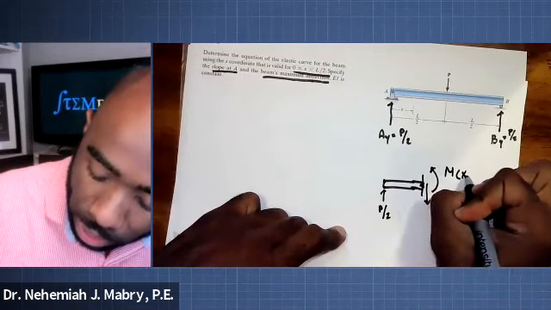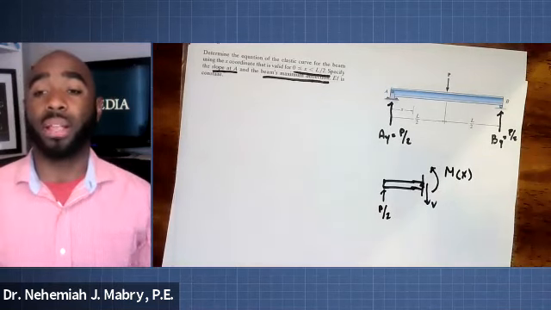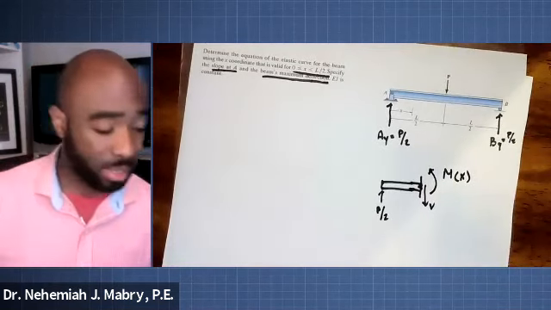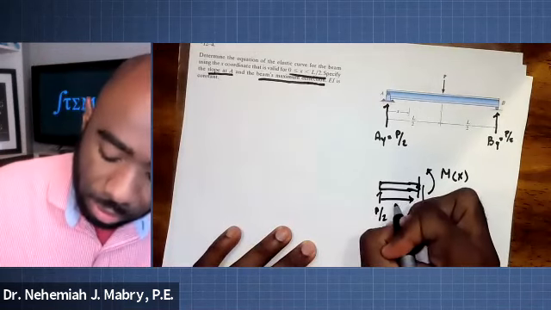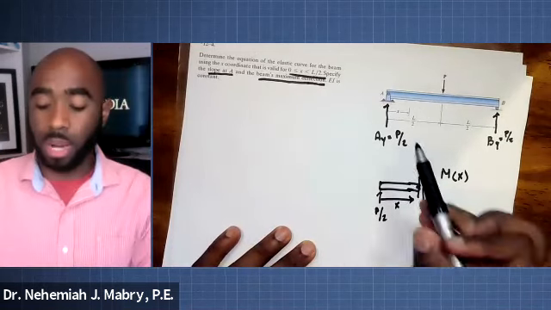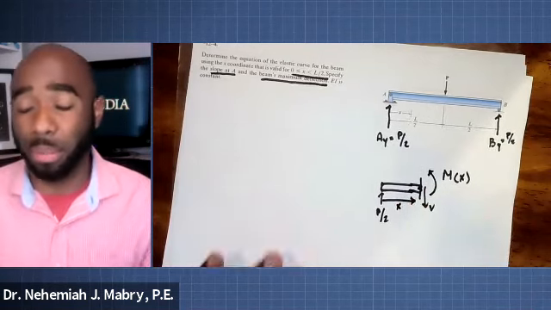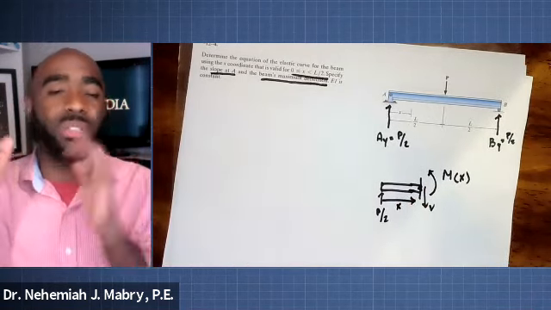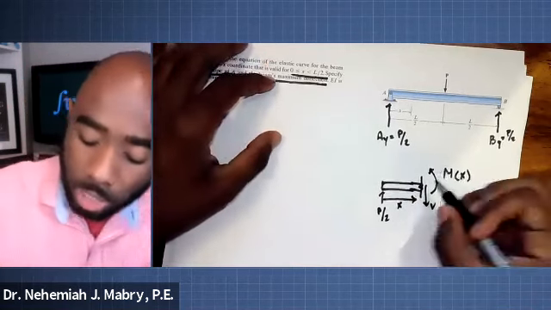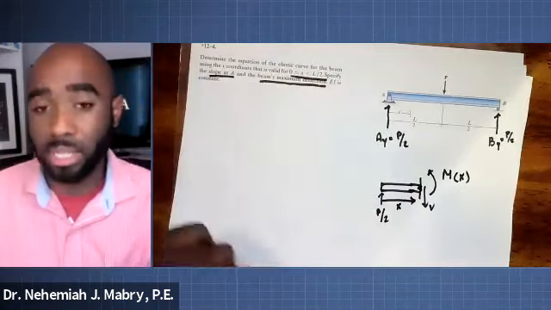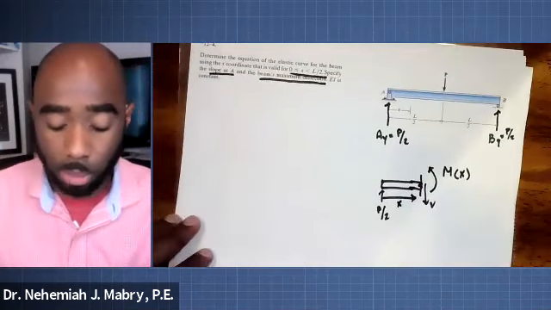And that moment is what would be our M of X. Let's not forget that the length of this is represented by X, even as we see right there in the problem statement. So this is how you first start getting the equation for M of X. You're going to sum the moments about the cut. So if you were to sum the moments about the cut,